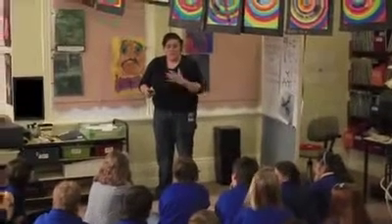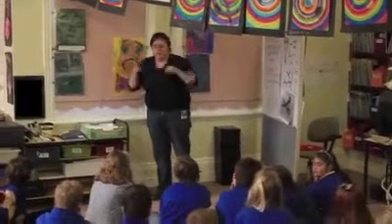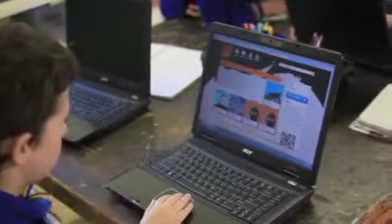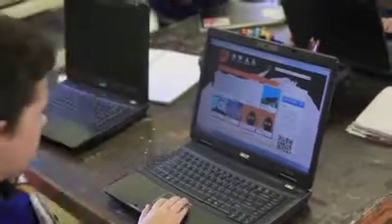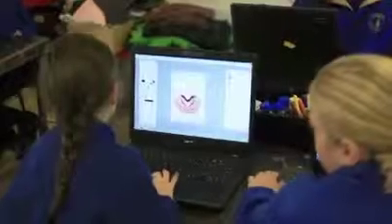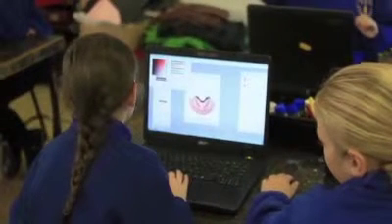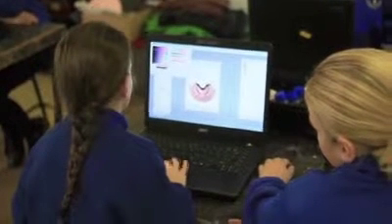Create feelings and emotions. It doesn't have to look exactly like a face when it's finished. It doesn't have to be recognised. It gives me the opportunity to target a particular student and their particular needs. It may be that one student's comments may be very superficial. I like the colours, so my opportunity is, what is it about the colours that you like? What is it about the colours that look good for this particular painting? Do you have any other suggestions? So it can be targeted learning for particular students.